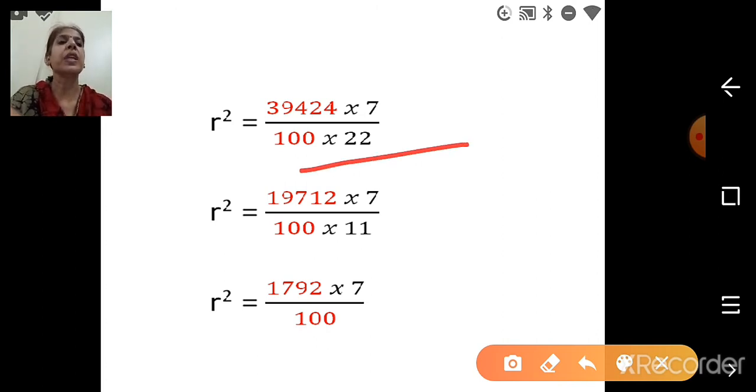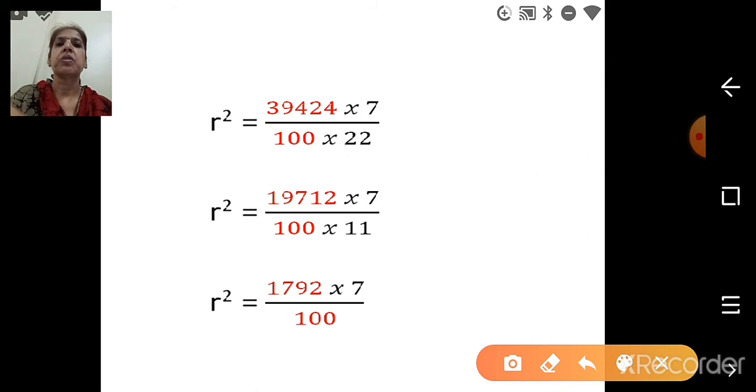Now what will we do, children? R square is equal to, we are going to reduce it. 100 as it is we are keeping, because 100 is a perfect square, and it will help us in calculation further. So this 22 divided by 2, we are getting 11. And this number 39424, when you divide by 2, you will get